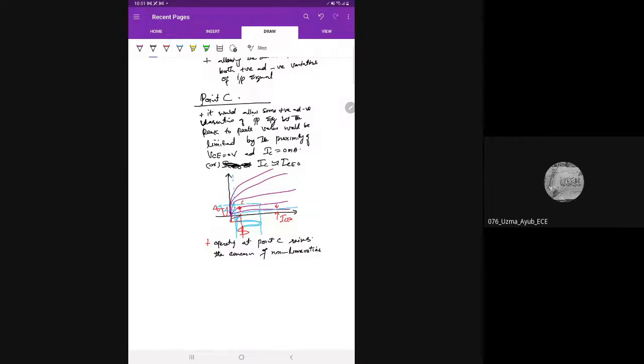In both the regions, both are non-linear regions. ठीक है, non-linear regions. Non-linear region का मतलब है जैसा इनपुट है इस रीजन पे वैसा आउटपुट नहीं मिलेगा, वो बिल्कुल डिस्टॉर्टेड होगा, वो कुछ अलग शक्ल का होगा। तो at the point C, operating at point C raises the concern of non-linearities